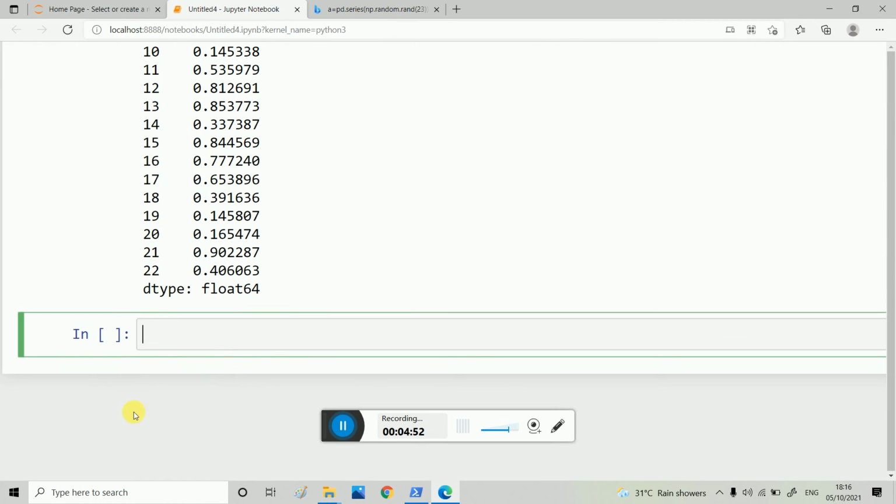Now if I want a data frame, take an example: b is equal to pd dot DataFrame of np dot random dot rand.